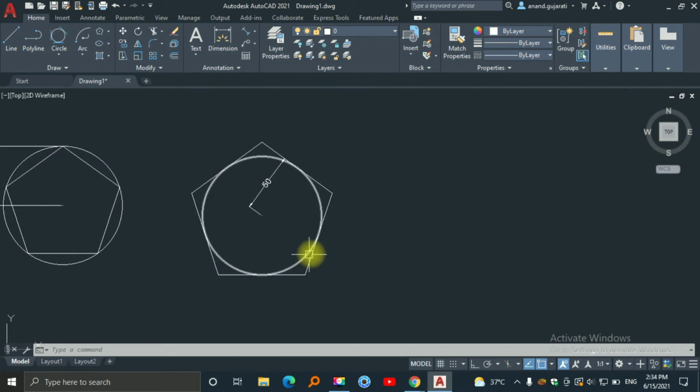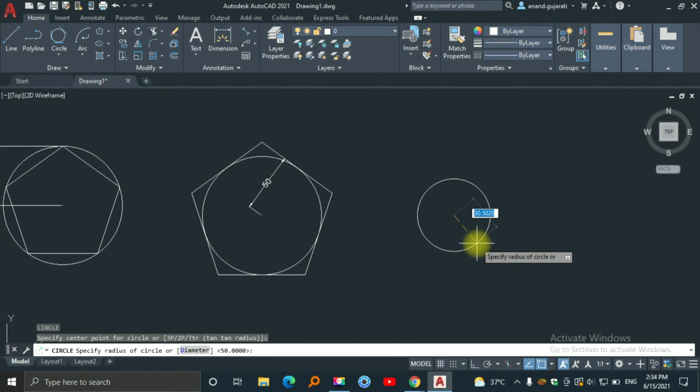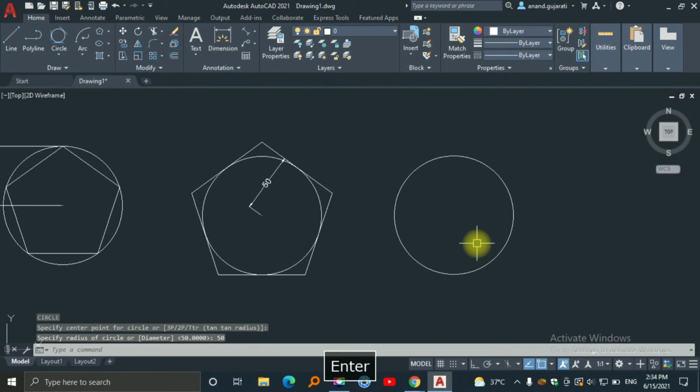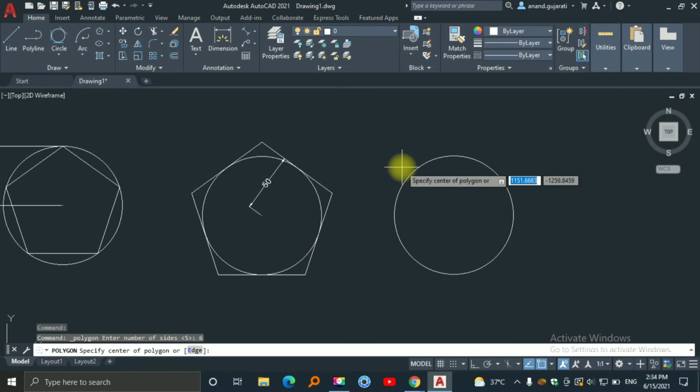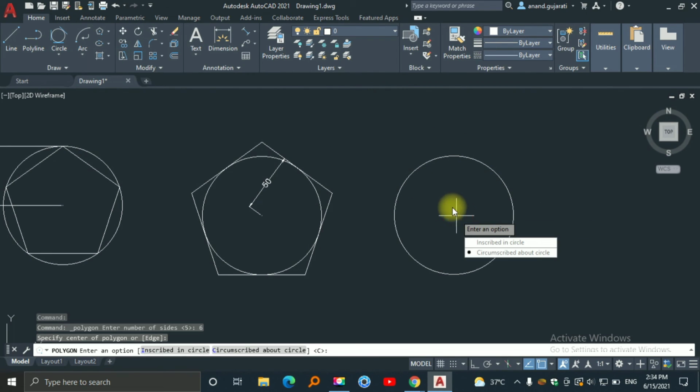I will give you another example, the last example. I draw a circle with radius 50. I select the polygon and I give the number of sides as 6. Now I specify the center point.